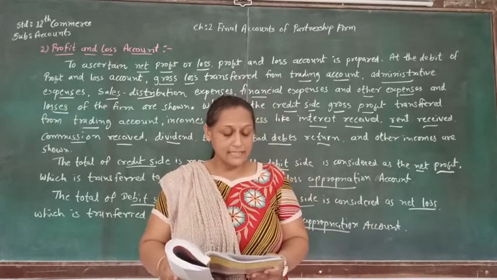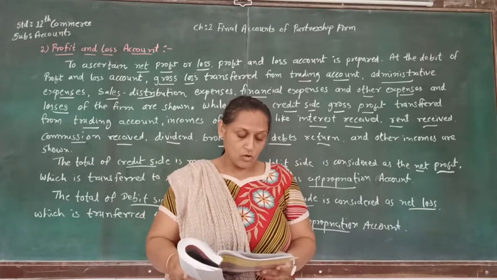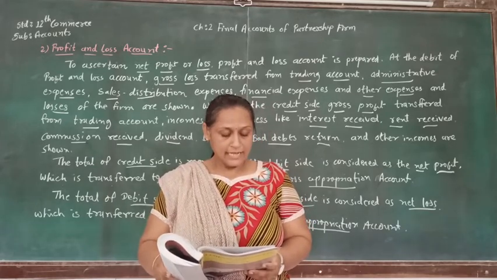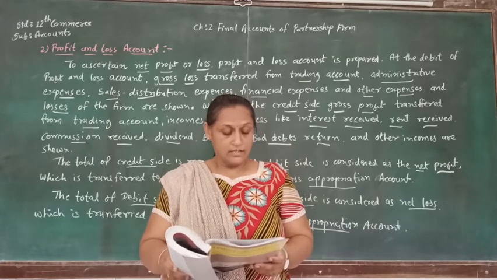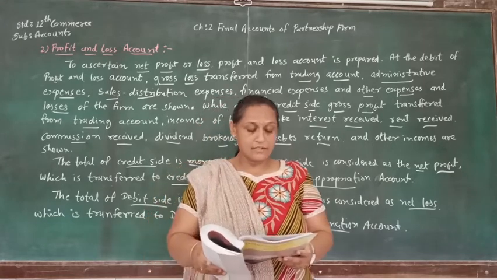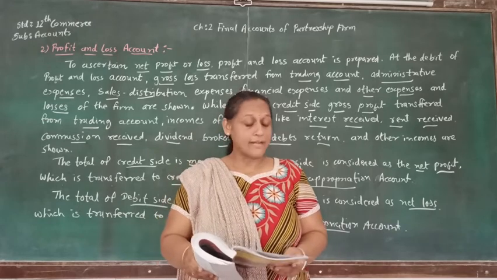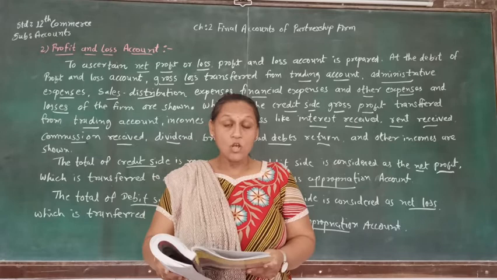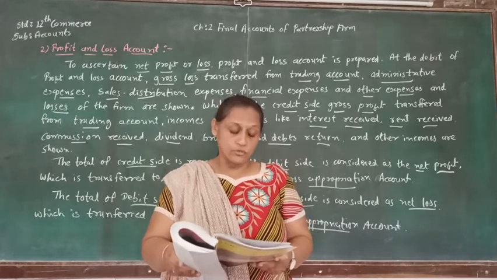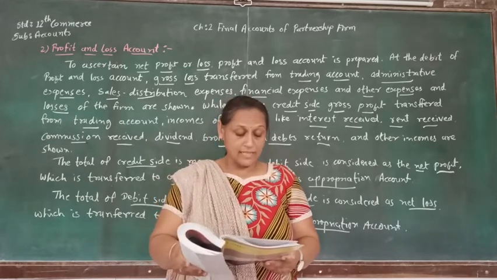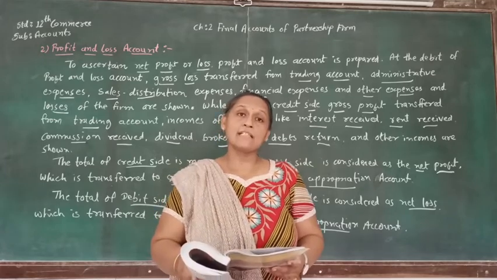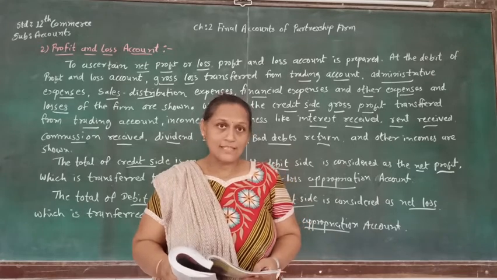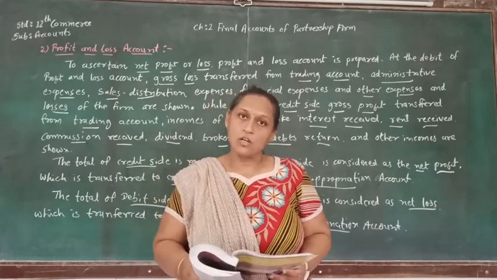And the last heading is other expenses or losses, where the very first is donation expense, then asset depreciation, then bad debts and adjustment of bad debts, then bad debt reserve adjustment, and afterwards there is loss due to fire, loss due to theft, loss on sale of asset, and then the last thing is provision for expenses or loss. So these are the expenses that are supposed to be debited to the profit and loss account.